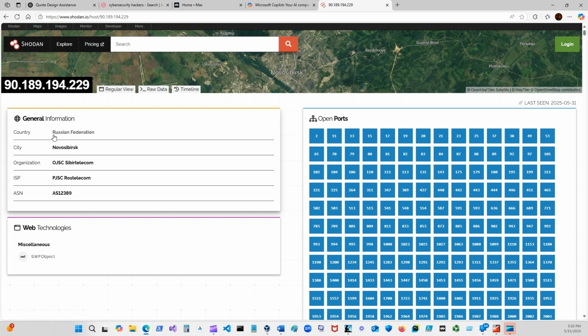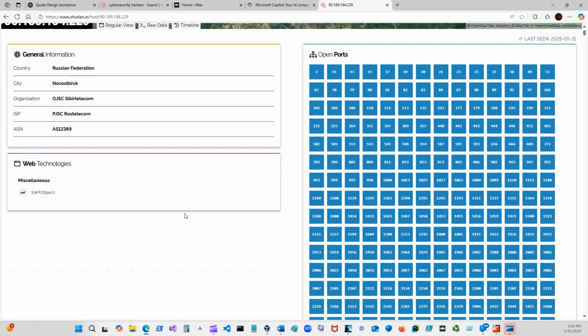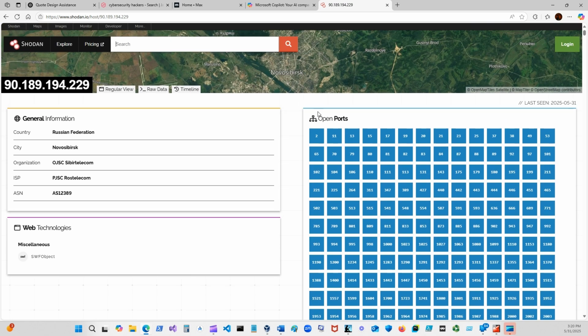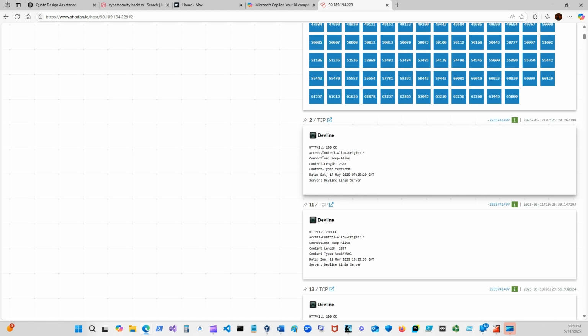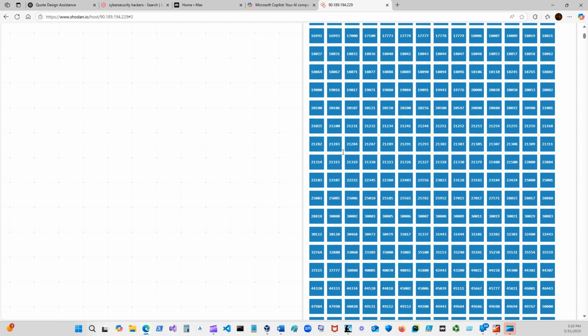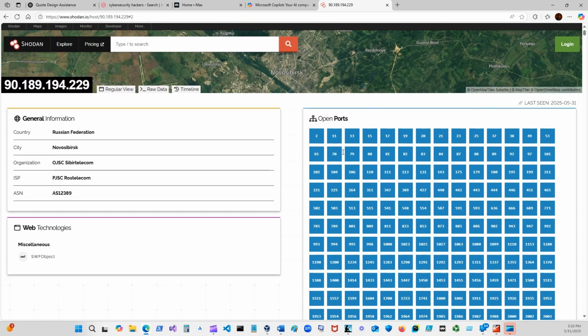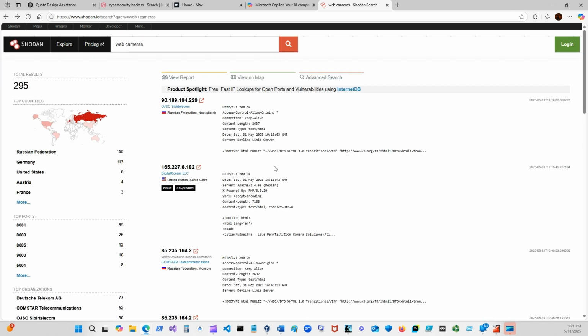Is that the Star Trek Federation, but in Russia? Open ports. Let's go to port. Yeah, let's get out of there. Let's go back. Okay, hold up.